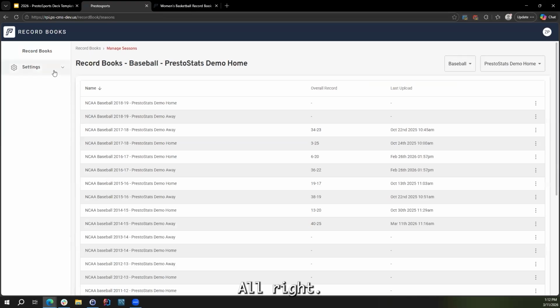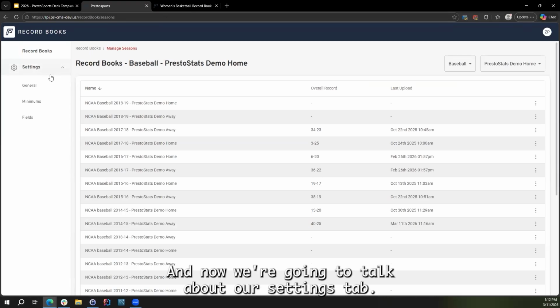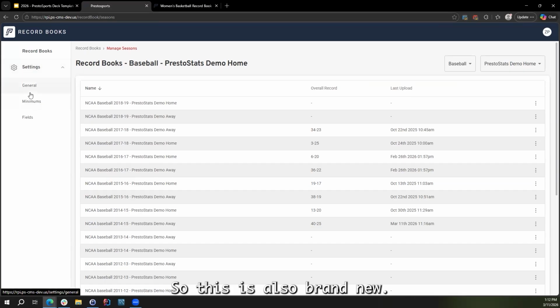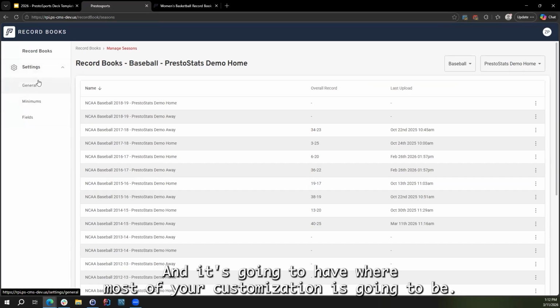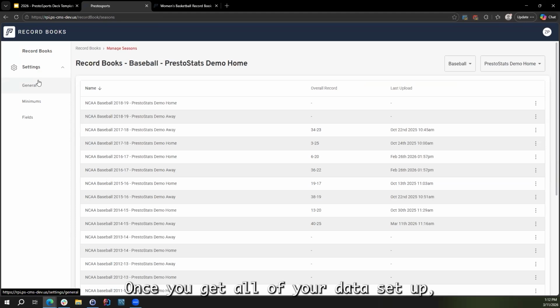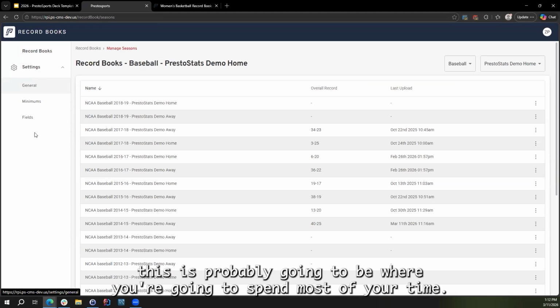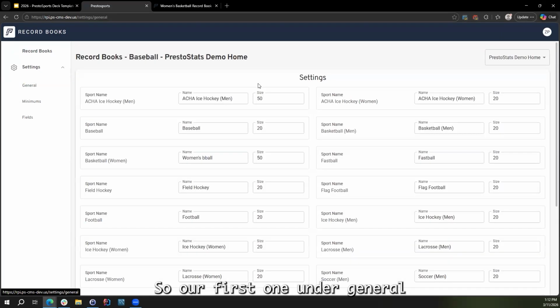All right. And now we're going to talk about our settings tab. So this is also brand new, and it's going to have where most of your customization is going to be once you get all of your data set up. This is probably going to be where you're going to spend most of your time. So our first one under general